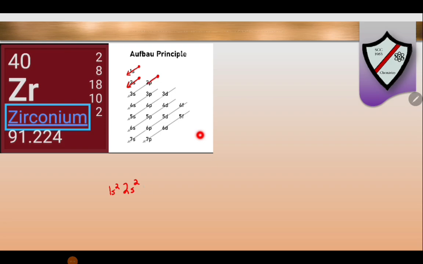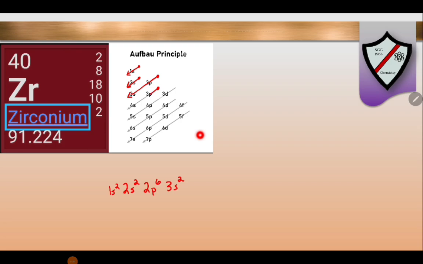The 2p orbital is the next orbital in order. P orbitals come in sets of 3, so they hold 6 total electrons. Continuing down that same arrow, the next orbital we come to is the 3s orbital, and s orbitals hold 2 electrons. That brings us to the bottom of that arrow, so we will move to the top of the next,